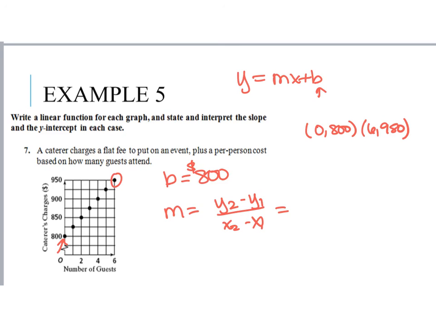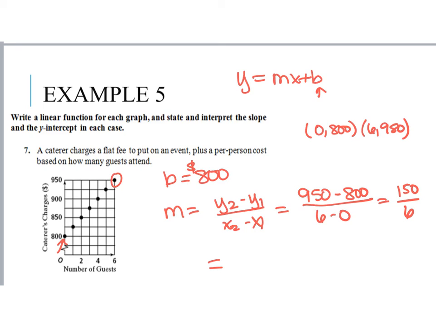And again, you can pick any 2 points. So when I subtract these, I have 950 minus 800 divided by 6 minus 0, which gives me 150 divided by 6, or I have a slope